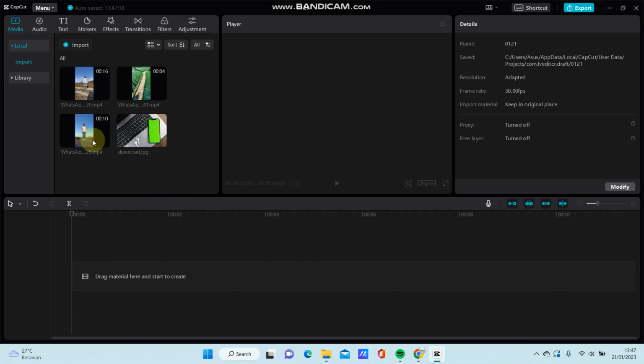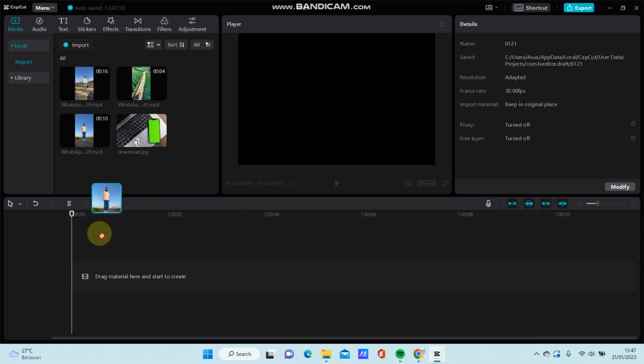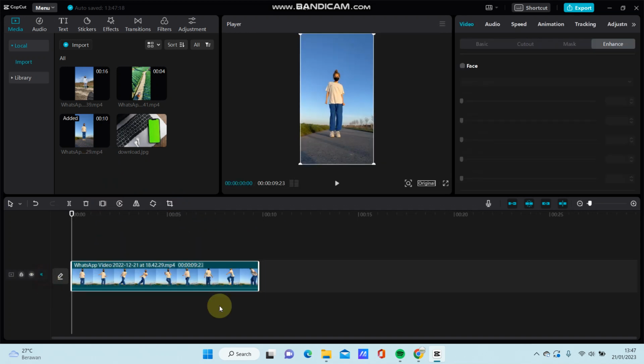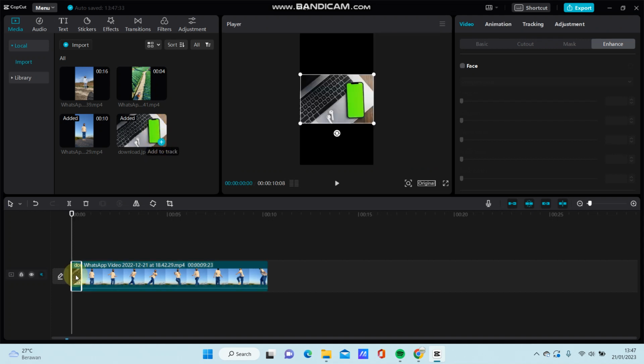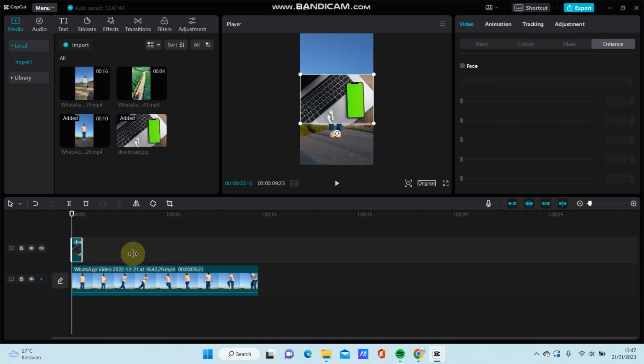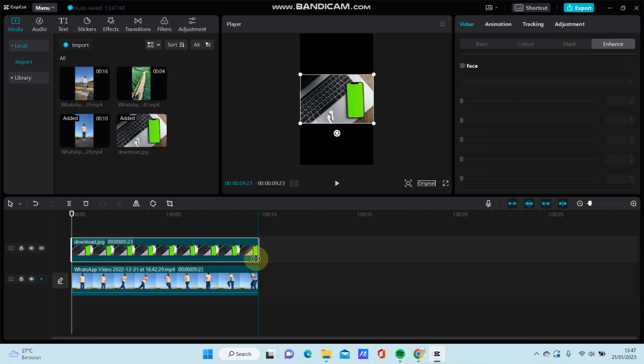So first, select your video or photos you want to edit here and prepare the font frames like so. You can download them on Google or you can take them from another app. So just tap on add to tray. Make it an overlay, put it on top of the video,